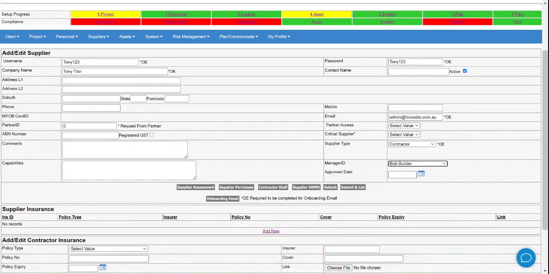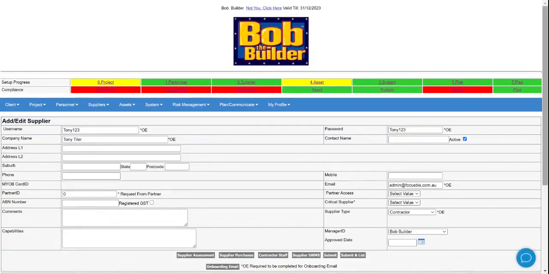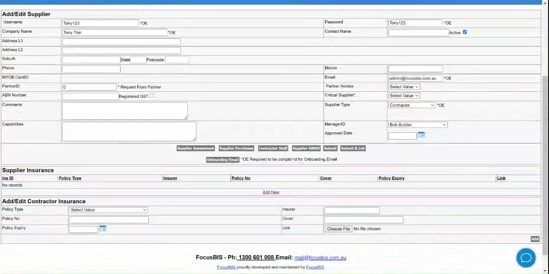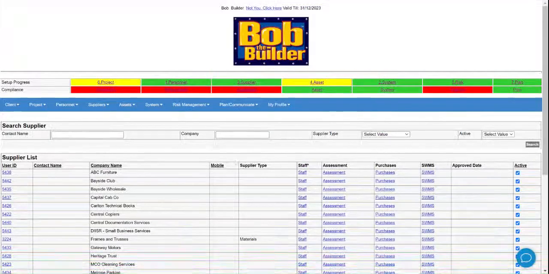So we can go through, and once we've checked the details, we can add the approved date. I'm just going to submit this to update, and then I'm going to click this link to send an onboarding email. Okay, so now if I pop to my emails,